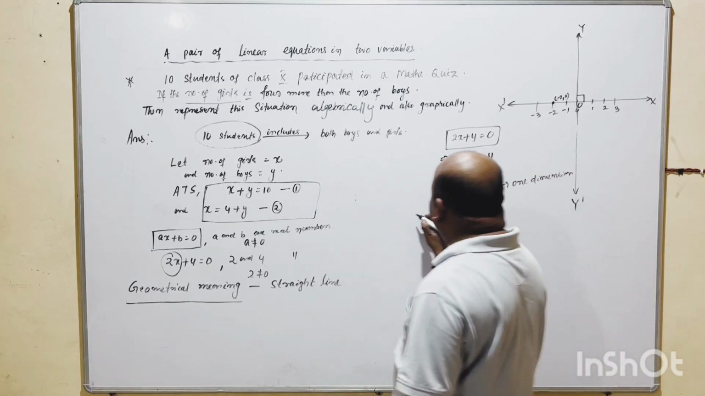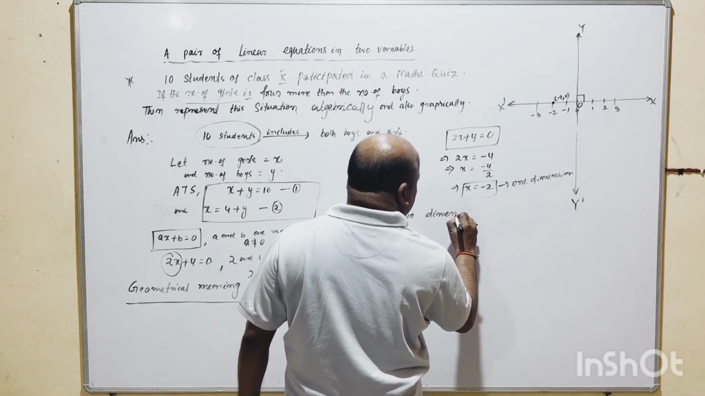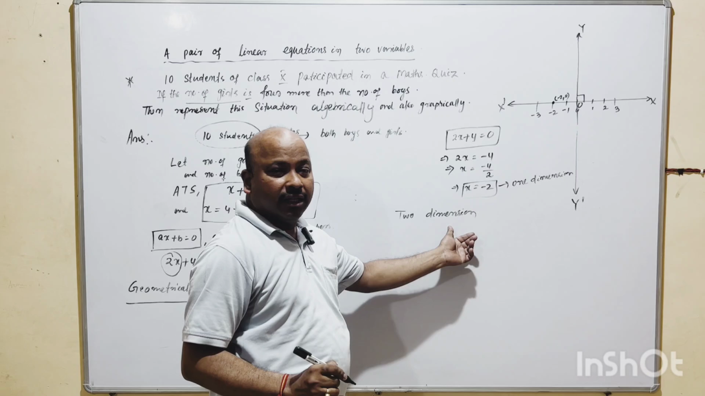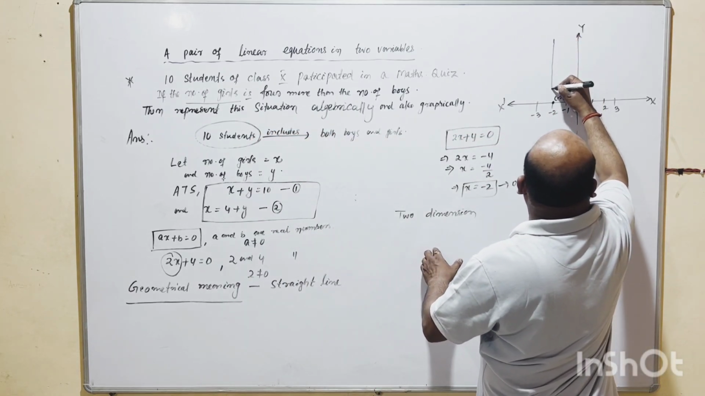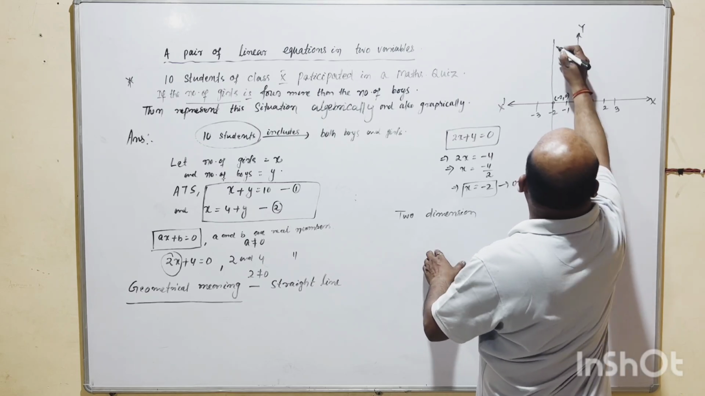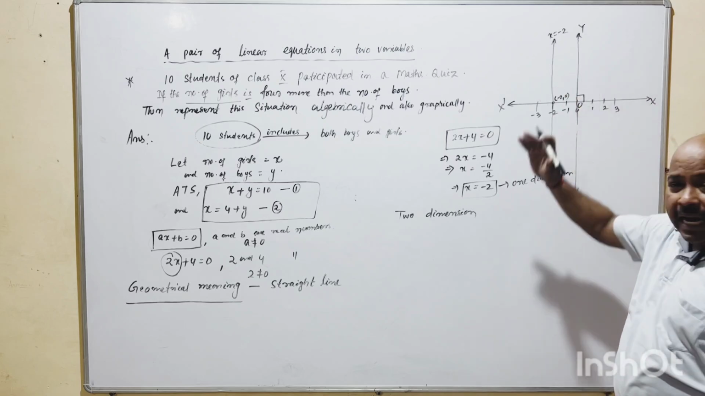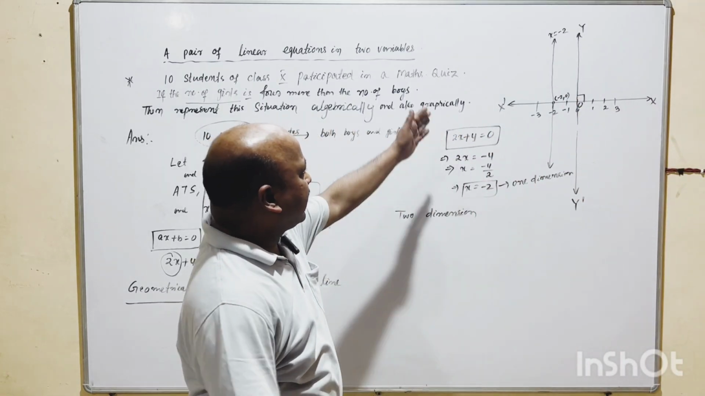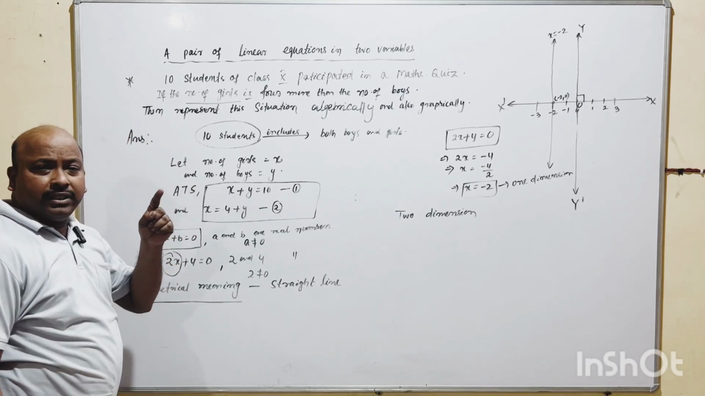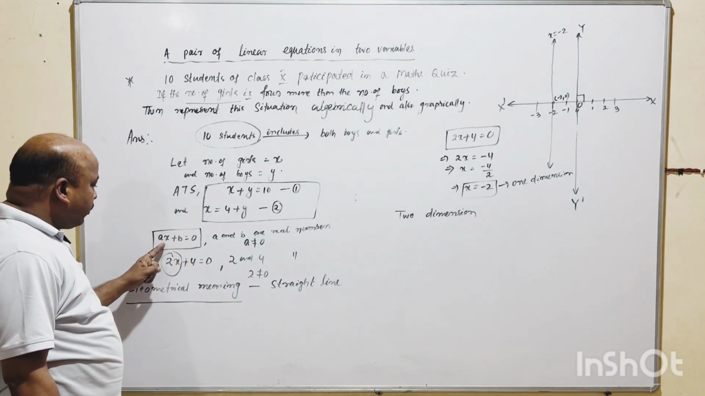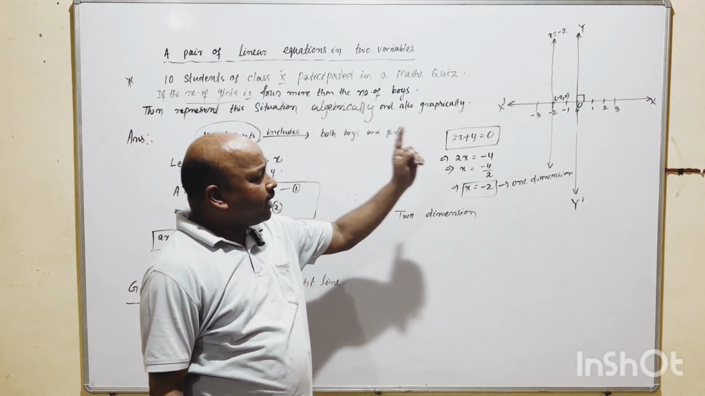But in two dimensions, how do I represent it? I represent it with x equal to minus 2. If I draw it, it is a straight line, x is equal to minus 2, a straight line parallel to the y-axis. So the geometrical representation of a linear equation in one variable is always a straight line, either parallel to the y-axis or